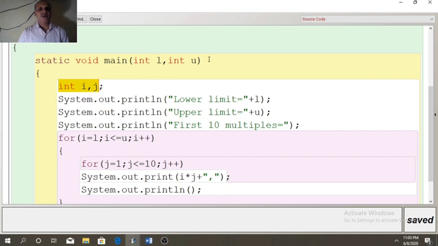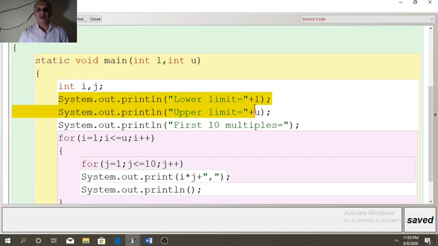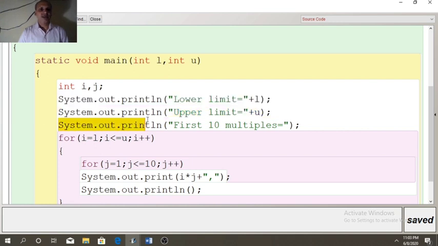Since we have designed the program with function argument, after taking the input, first we need to display what is the lower limit and upper limit. After printing it, we will display a message, first 10 multiples equal to. So these three messages will be displayed in the beginning of the program.